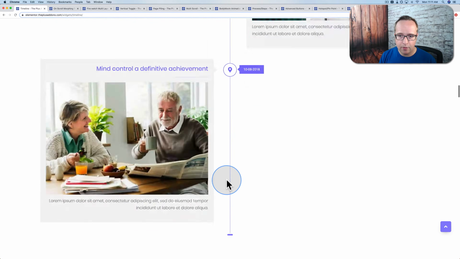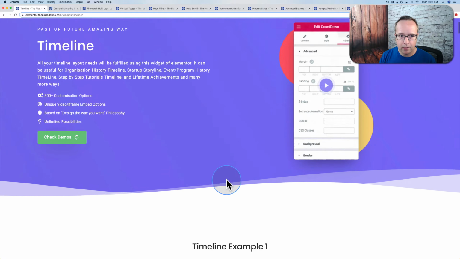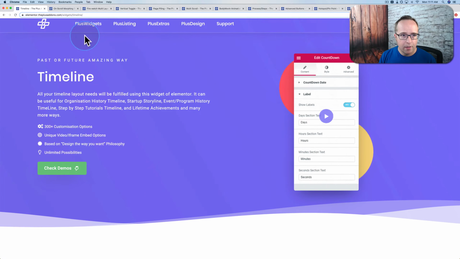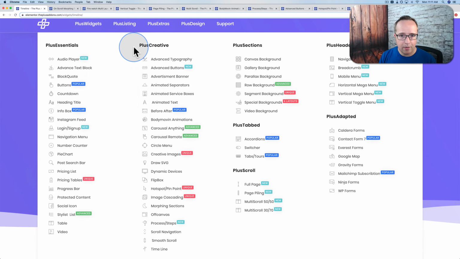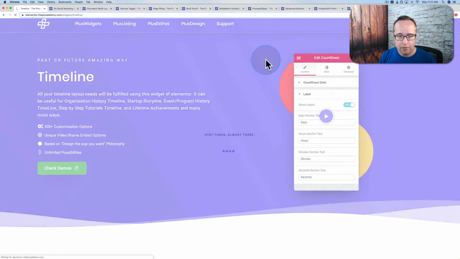But now we can have it in Elementor with a few clicks of the mouse. So that covers PlusCreative. Then we have options for sections. Under PlusSections, we have the canvas background. If we click on there,